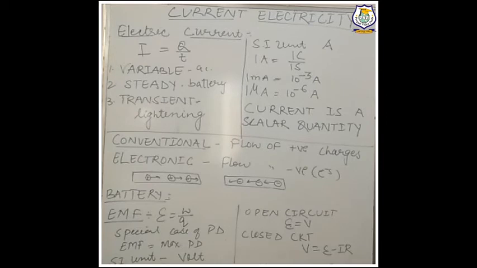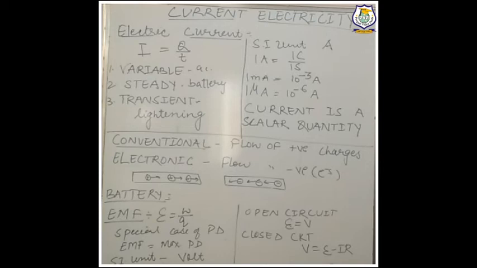Now the next very important point: every battery is having what? Its voltage, as it is visible on the battery. It is a 6 volt battery, 3 volt battery, 1.5 volt battery, right? The value is mentioned on the cell or battery. The full form of EMF is electromotive force. So from its name only it is clear that it is like a force, and what does force do? Force always pushes or pulls.